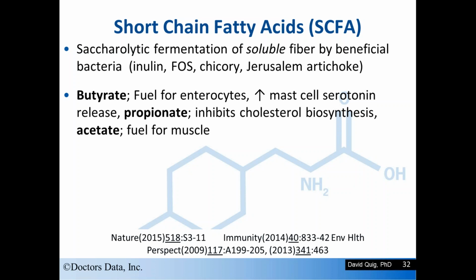Now, butyrate is of greatest interest when it comes to short-chain fatty acids. It provides the fuel for the enterocytes. They don't get fuel from systemic circulation. Butyrate also increases mast cell serotonin, which of course is involved in peristalsis and as a biogenic amine. Propionate inhibits cholesterol biosynthesis at the liver, and acetate, a third short-chain fatty acid, is a fuel for muscle and